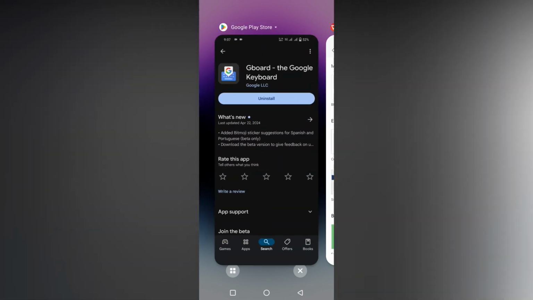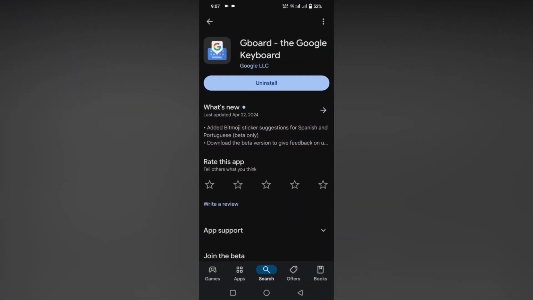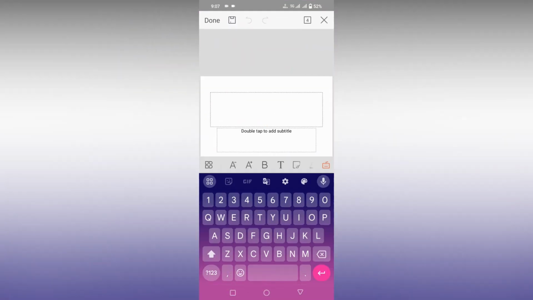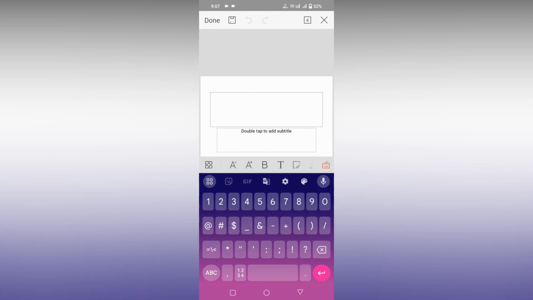Here I am using Google Keyboard. You can just download it from the Play Store. After downloading the keyboard, I am going to open the keyboard first. Then you just need to click on the number section first, and then you need to click on the